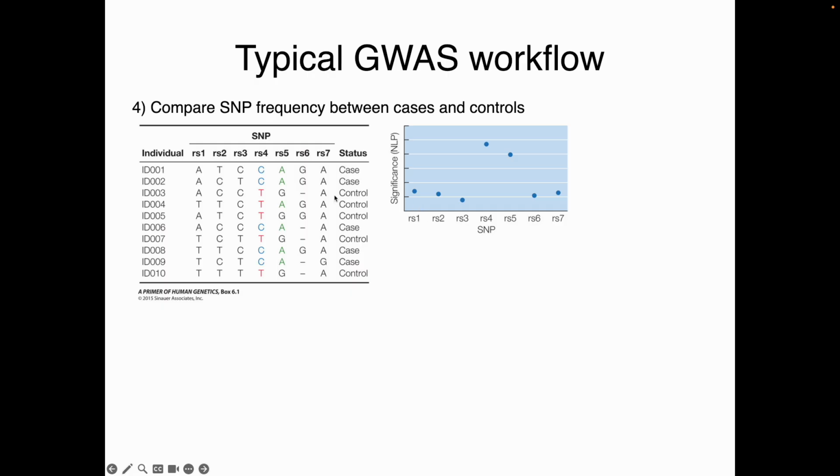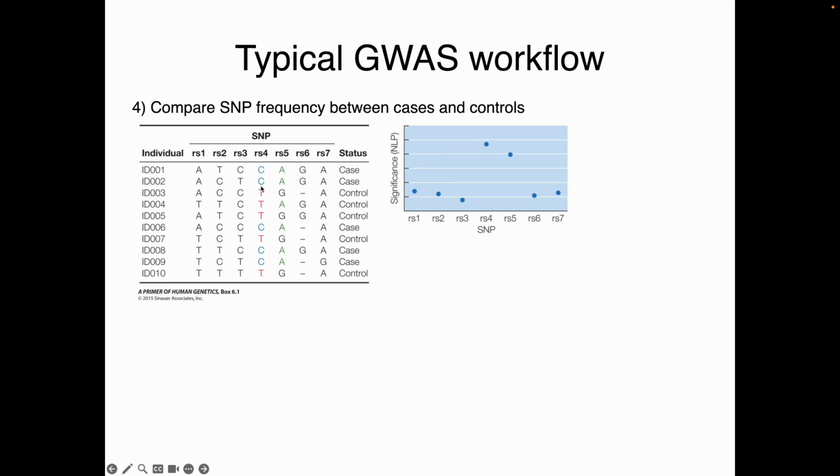So graphically, if you look at what's going on in that table, SNP number 1, right, if you scan across all these individuals, there's really no association whether they have an A or a T and whether they're a case or a control. If you slide over to number 4, which has a high negative log P,